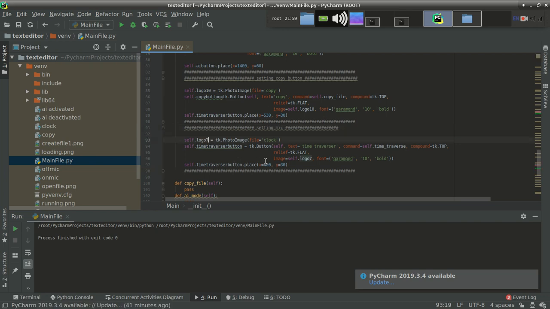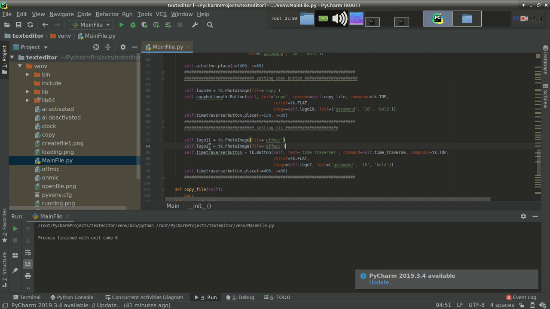Logo should be, that was 10, so it should be 11, one for off mic and one for on mic. So for off mic we are using 11, and for on mic we will use logo 12.